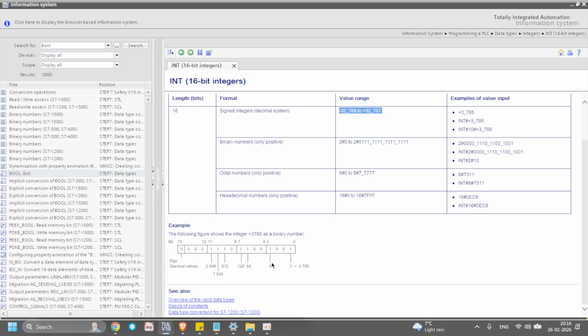This is 1 to 8, the first byte. The second one is also 1 to 8. Total 2 bytes. This is the integer.